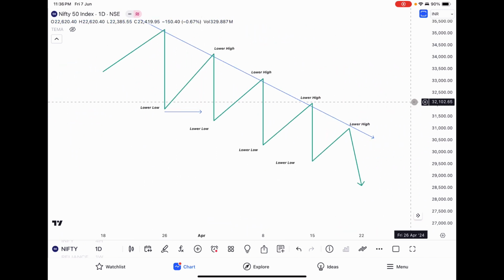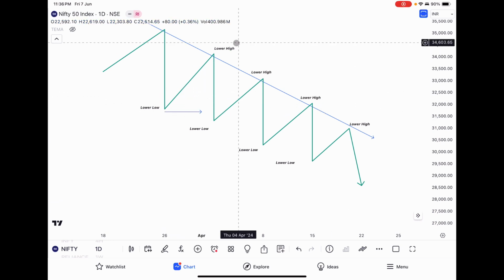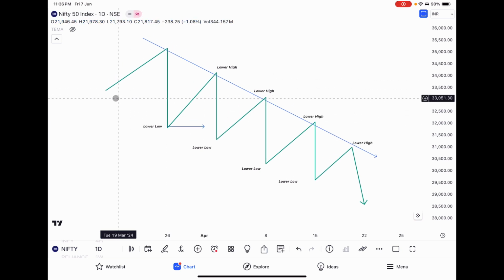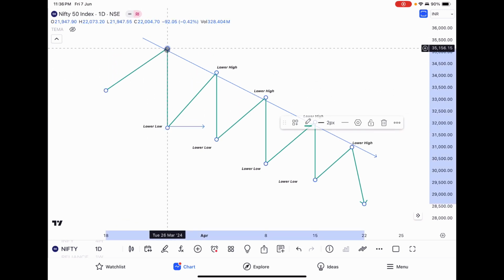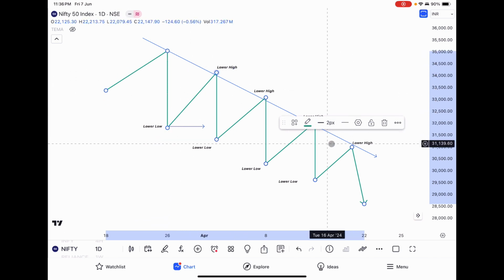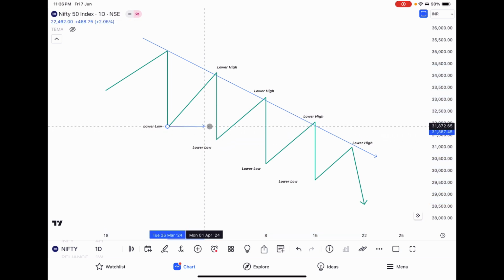What is a downtrend? In a downtrend, price moves making lower highs and lower lows. What does that mean? Price made a high, then pulled back, but this time price was not able to go through that high. Here you can see price again started to move downwards, and this time it went through the recent low, confirming